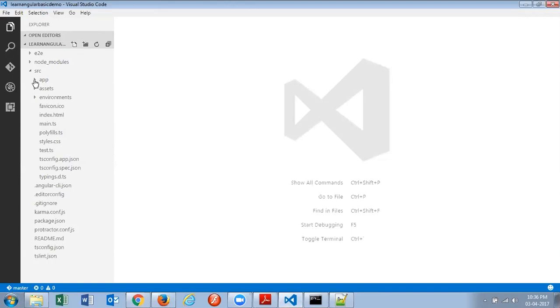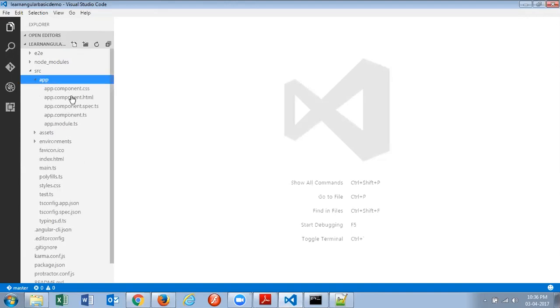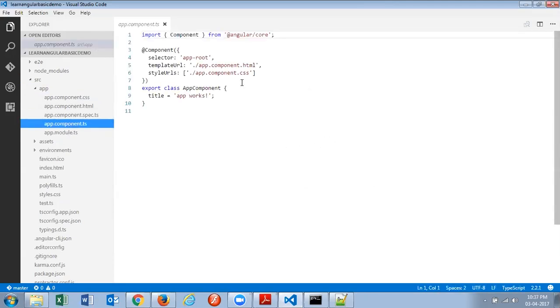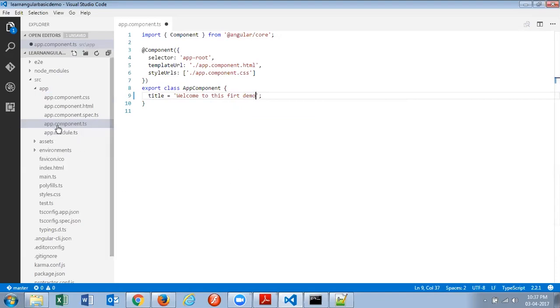So if you see in the app folder, you have a TS file, that's a TypeScript file, okay? And here you can see app works. This title is what is getting displayed over there. You can just change it over here and say, suppose, welcome to this first demo, and you get this black dot, that means it's not saved. Now see, I just went to the app.component.ts file. I made changes in the title. I am saving it